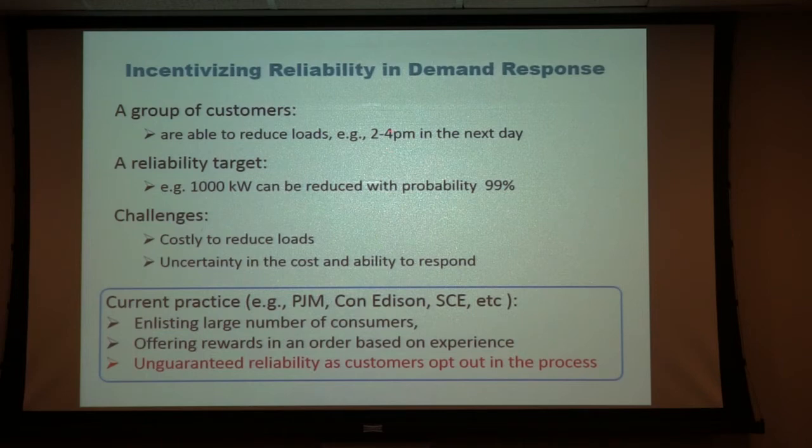Because if I think about 2 hours, it's actually very long. If it's really a hot day, at the beginning my temperature is not bad, because I used AC before. But once I shut down, make my AC work at a lower power rate, temperature increases, and I underestimate how hot the next day is and how bad it's going to hurt my factory. So that's why I will opt out in the process. If you look at all the realistic data, that is going to happen.